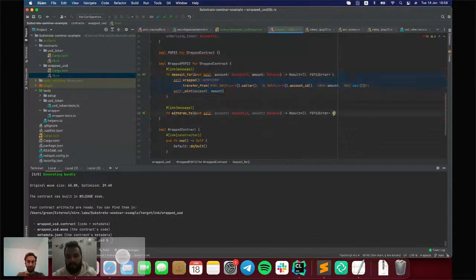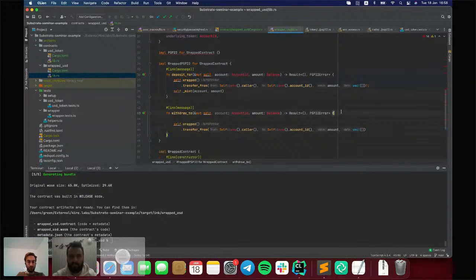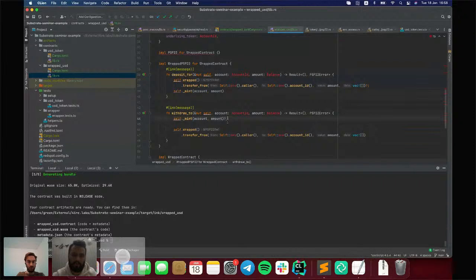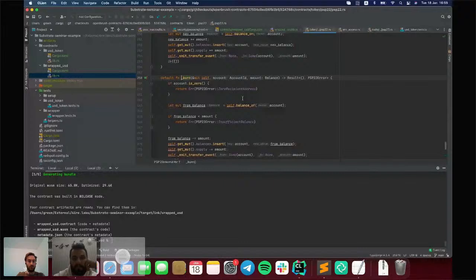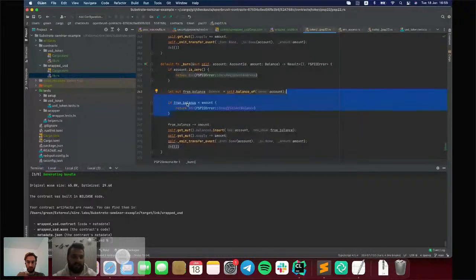So we use the same idea here, but first we need to burn the same amount of tokens, but not from the account. We should burn it from the caller's balance. We will burn that amount. It will check if there are enough wrapped tokens on the balance of the caller. If not, it will throw an error.